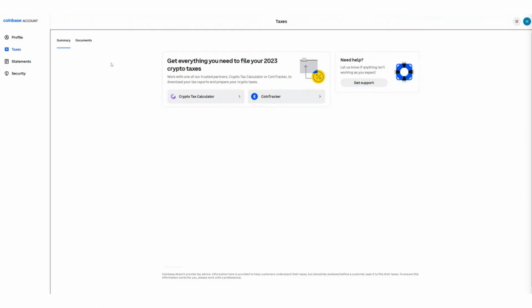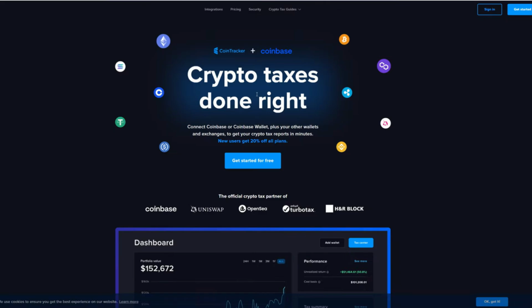Once we've accessed the taxes page, you will see a bunch of options. Simply put, they have this section that allows you to file your crypto taxes, and basically this will help you work with one of their partners, which can help you download your reports. So, you can either go to Crypto Tax Calculator here or CoinTracker, and basically, we're going to select any